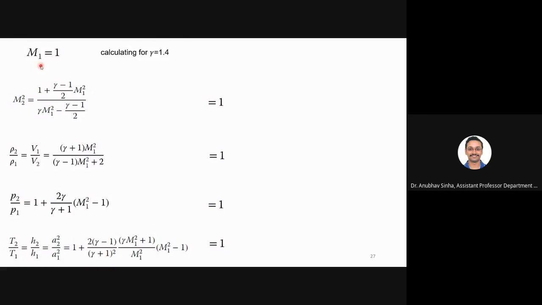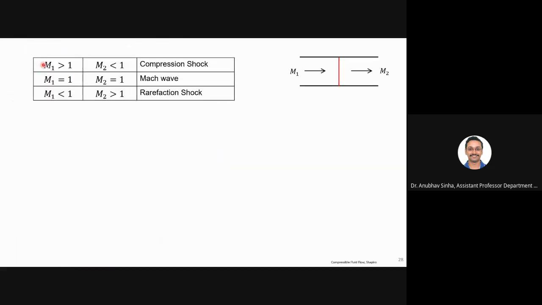Okay, so let us say we have a shock in a constant area duct. M1 is the approaching Mach number and M2 is after the shock, behind the shock. Now what are the various possible scenarios? One scenario, what we are mostly discussing so far, is the compression shock, or the normal shock. For this we say that the approaching Mach number is more than 1, and M2 is less than 1.